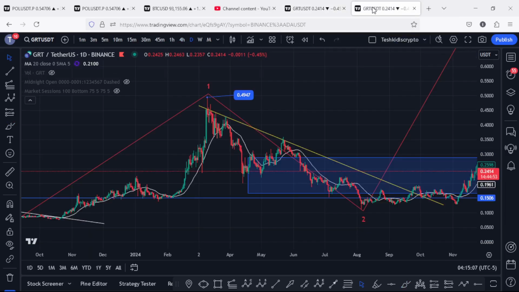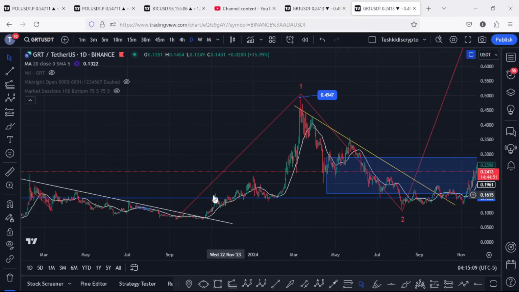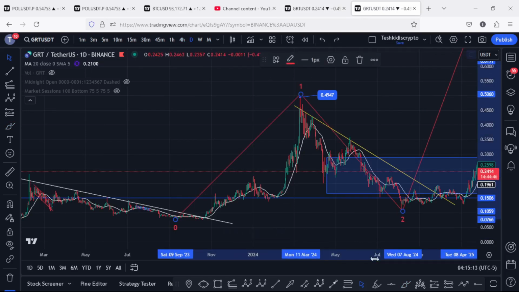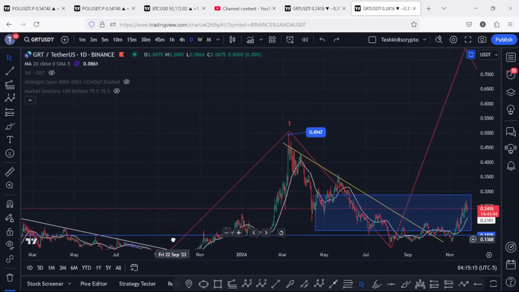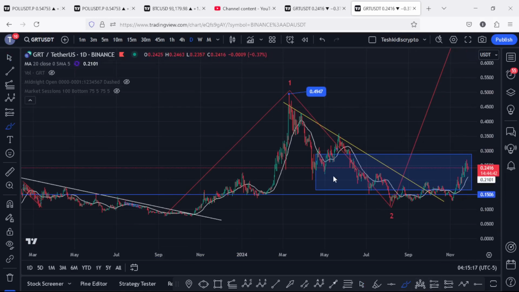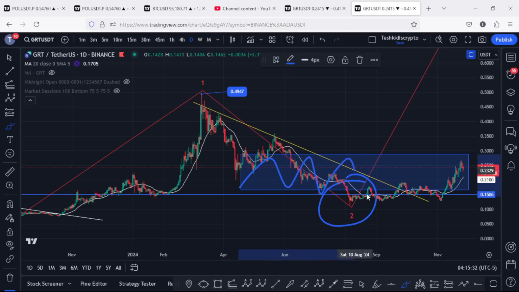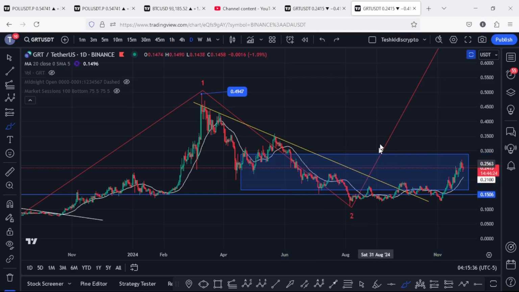On the long term, that is on the daily chart, I still hold that we got our bear market lows last year and started an impulsive movement to the upside in a move that peaked above the $0.4947, giving us the high for this Elliott wave count 1. Then we started a corrective structure in an Elliott wave count 2 into the minimum pullback target areas highlighted on the charts using this blue target area, an area that we fully maximized,